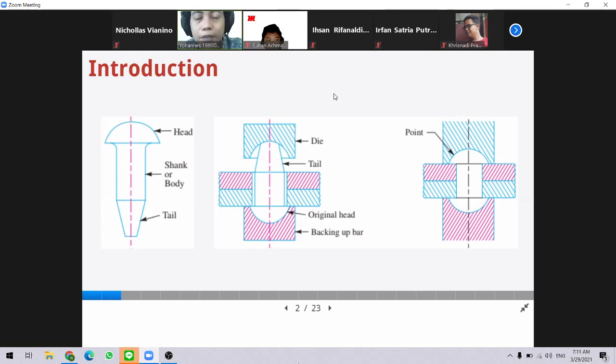And maybe later we can see the picture of it. And here you see